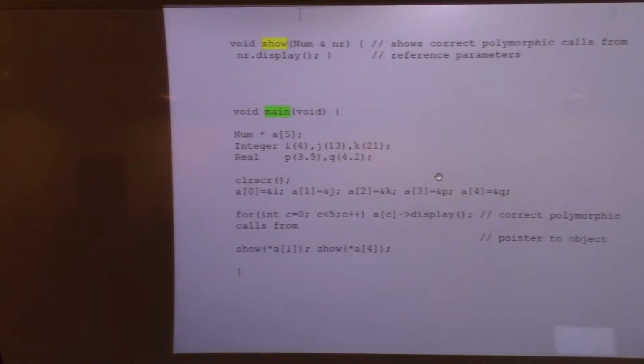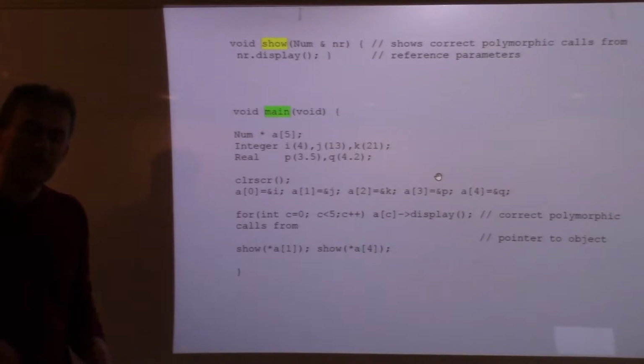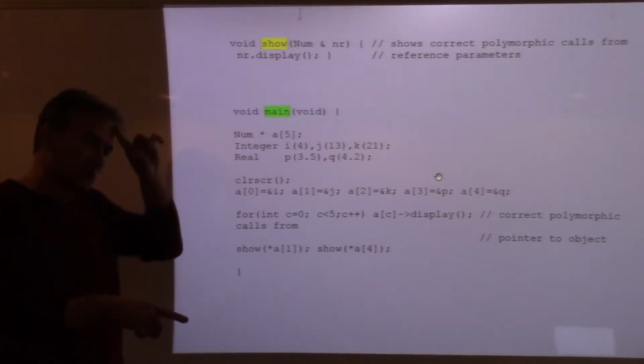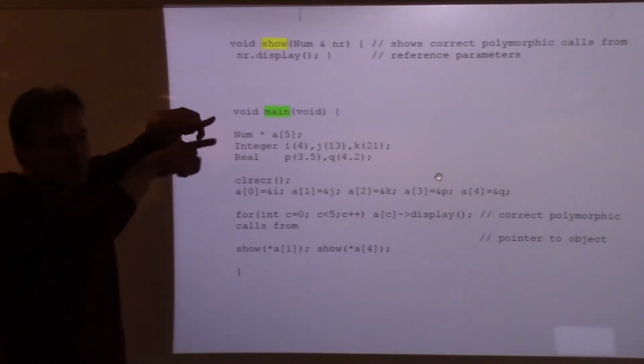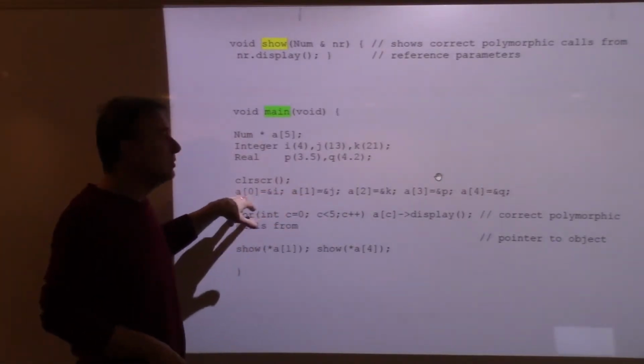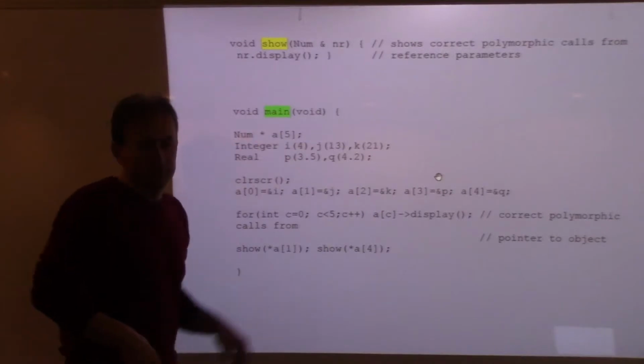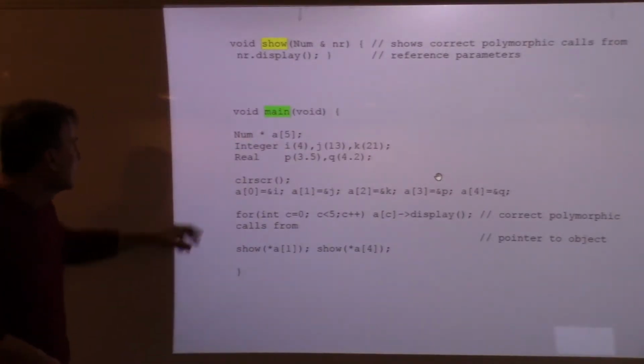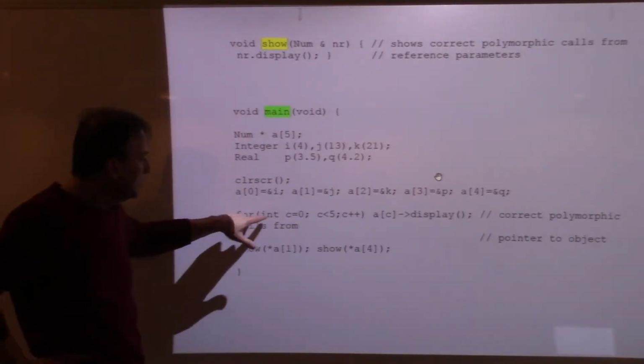It's an integer pointer. But an integer pointer is a num pointer. So therefore this integer pointer can be assigned into a num pointer array. Get it? Yes. Okay, so now what I'm going to do is I'm going to loop for I or C